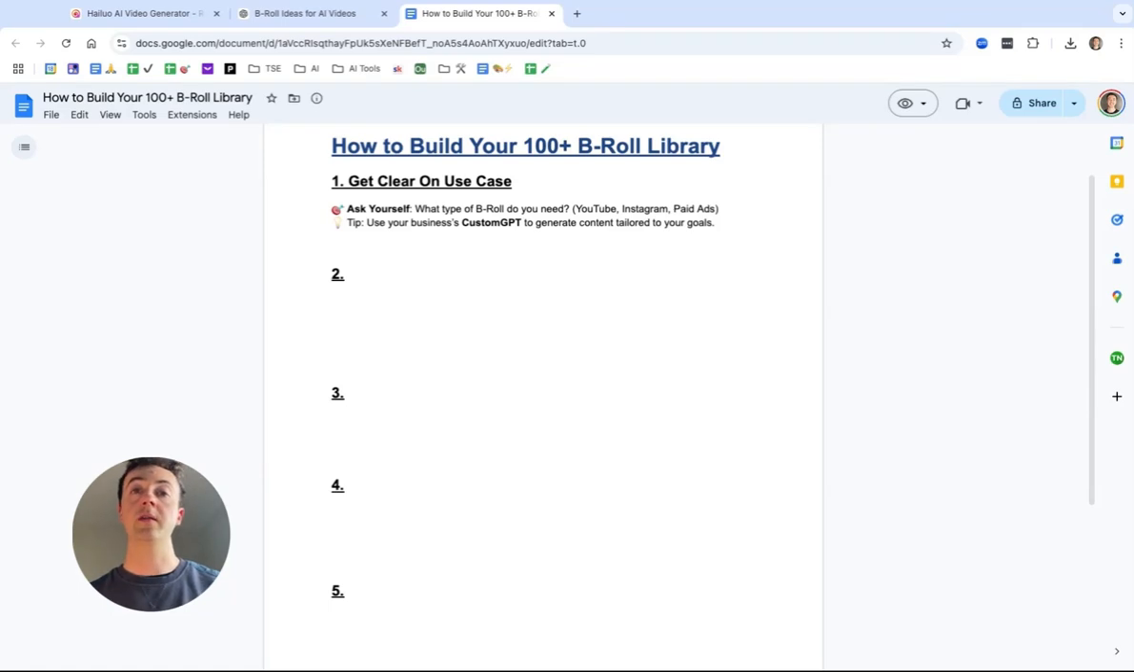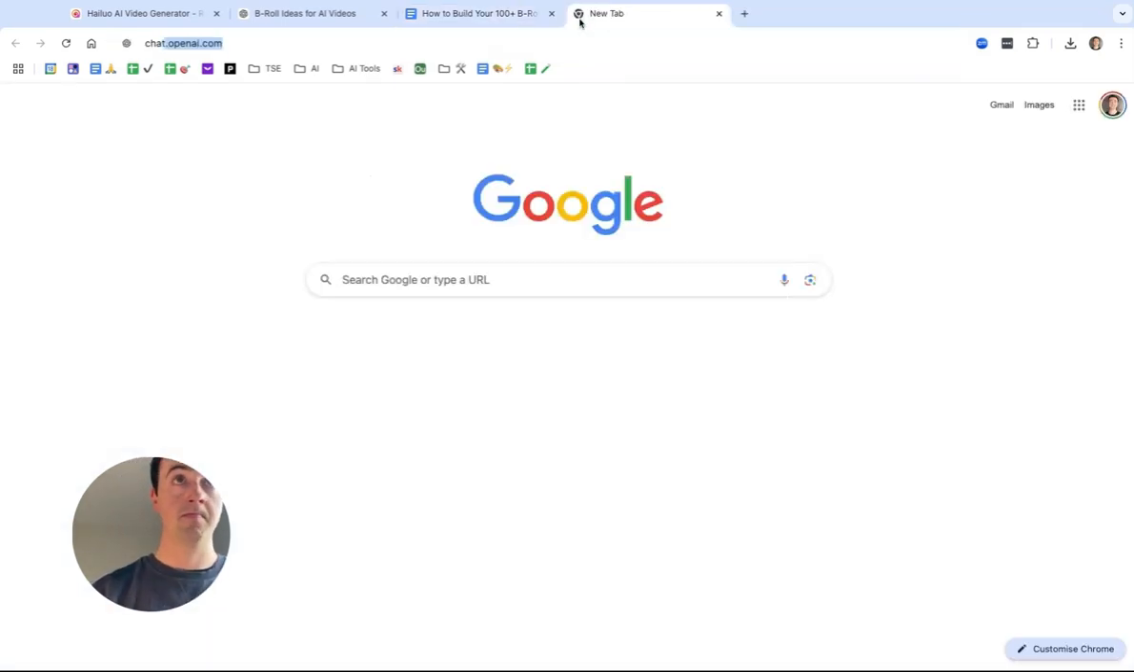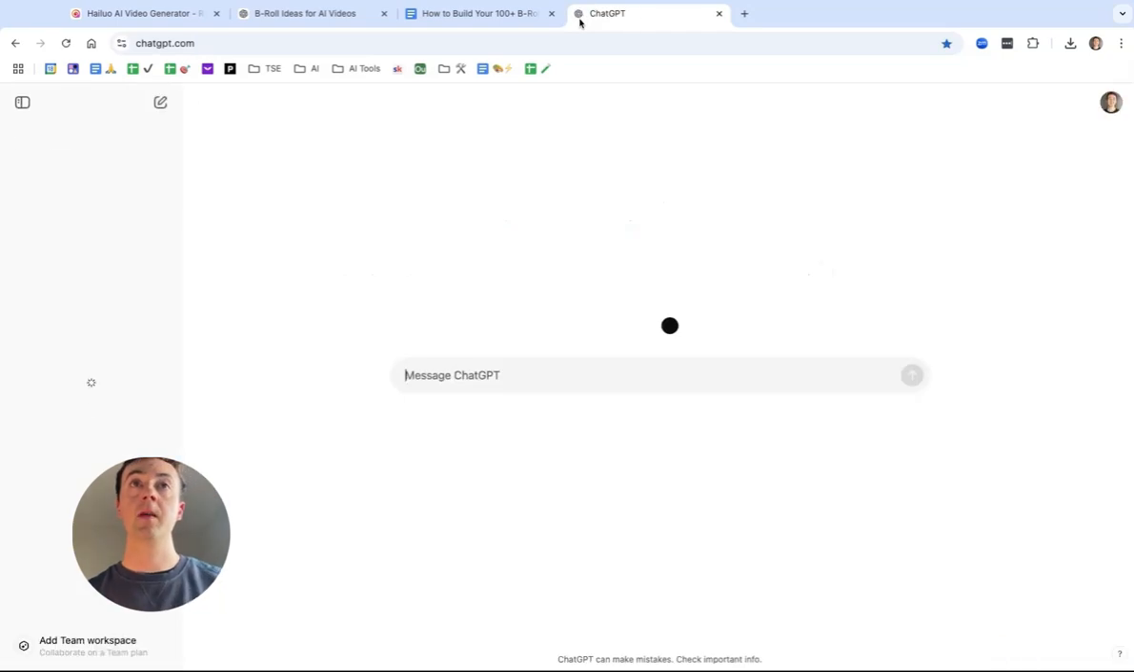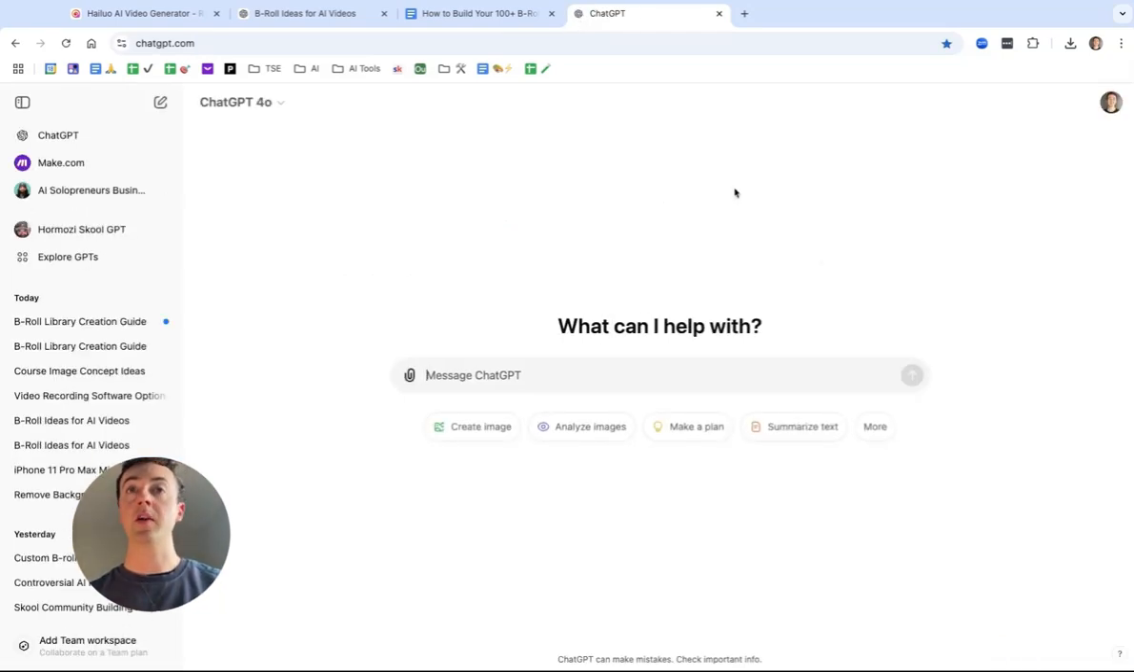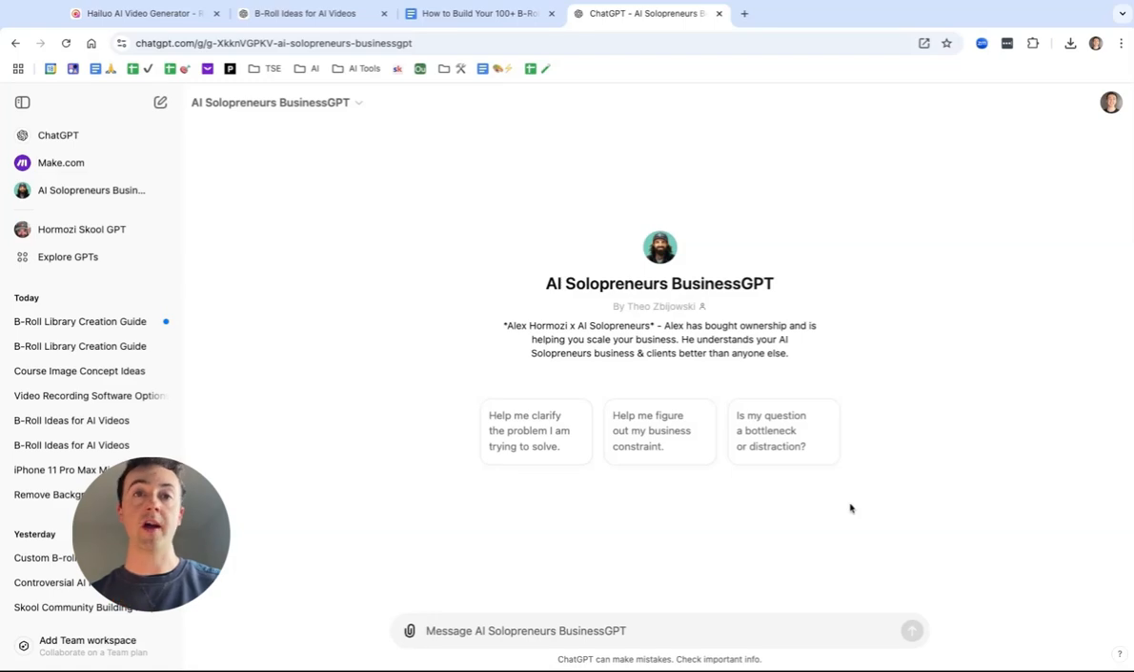Once you're clear on that, you want to go to ChatGPT. Now, if you have a custom GPT for your business, which is trained on the context of your client avatar, what the end result for your clients is, and how you help people, I would strongly recommend using that. But even if you don't, you can use a simple prompt, which will give enough context for ChatGPT to give